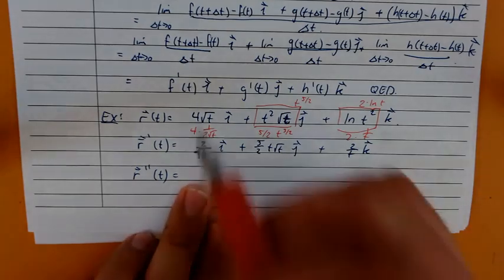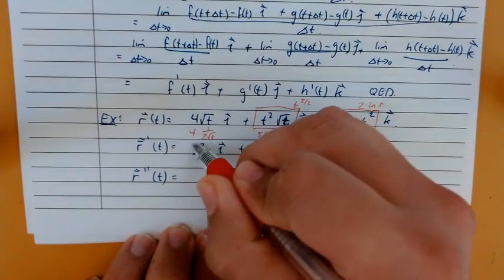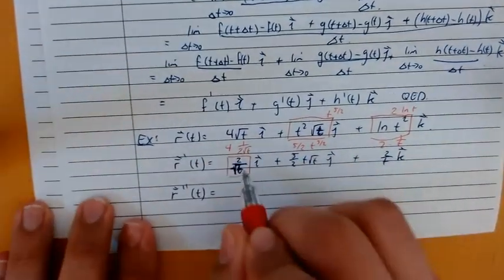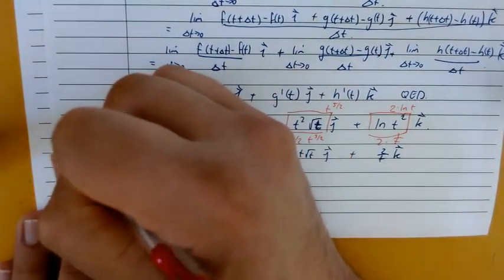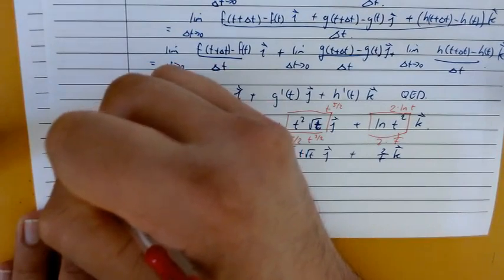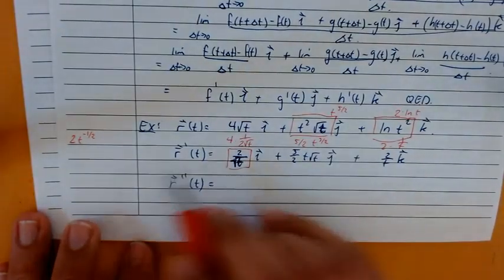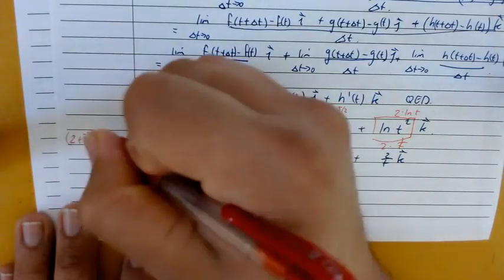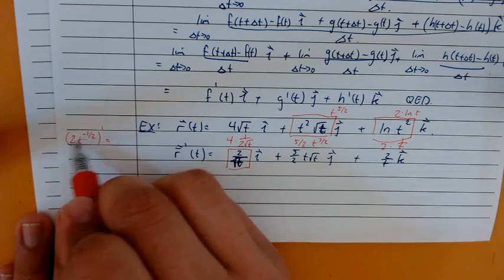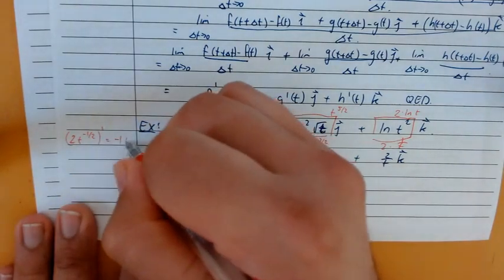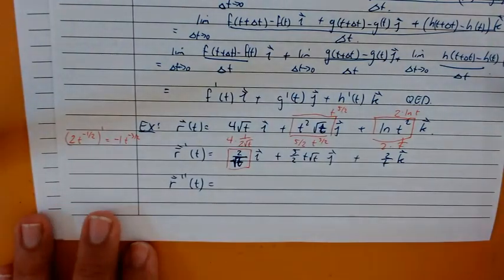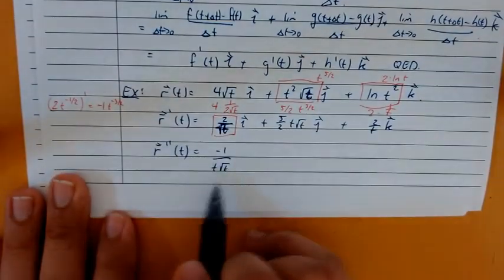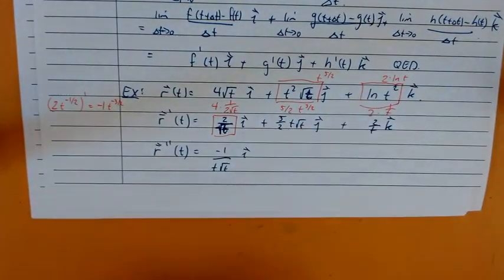All right, so 2 over root t, let me do this off to the side over here. 2 over root t, you could think of that as being 2 times t to the negative 1 half. Since that's in the denominator, you got a negative power. So you take the derivative, you can take that, bring it down. That will be a negative 1, and then subtract 1 from that power. So that would give us a negative 1 over t root t. All right, negative power brings it down into the denominator. So that's our first component. So you'd write that as negative 1 over t root t i